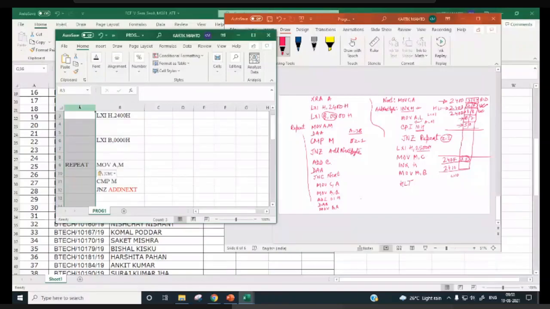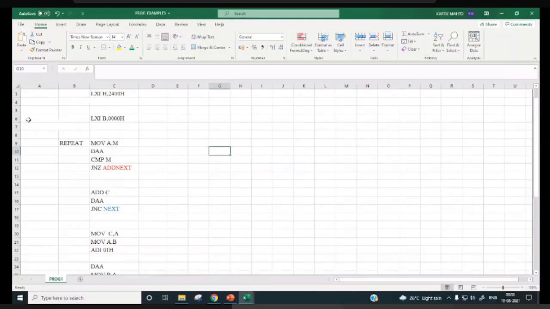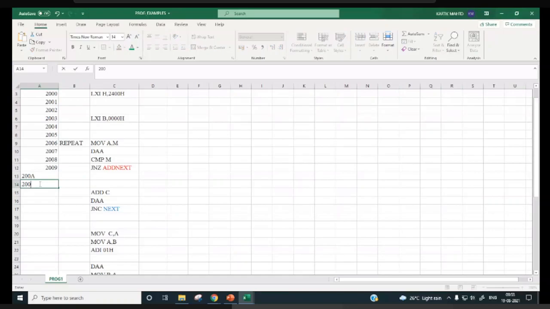Now if we insert, suppose our program starts from 2000, right? 2001 ... 2009, then this will be 200A. Correct. 200B.